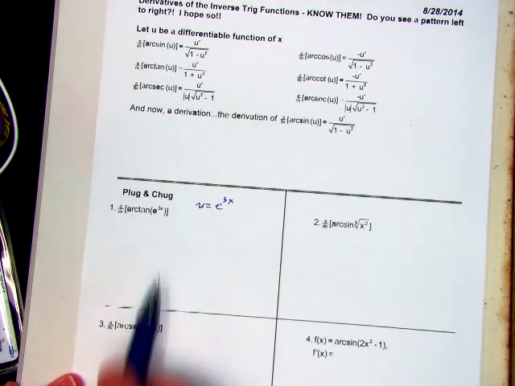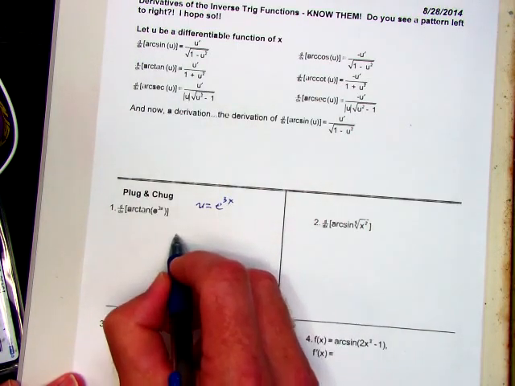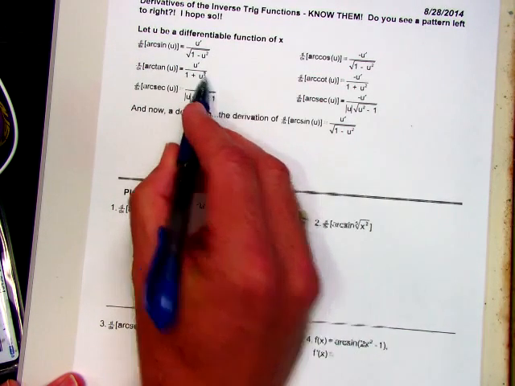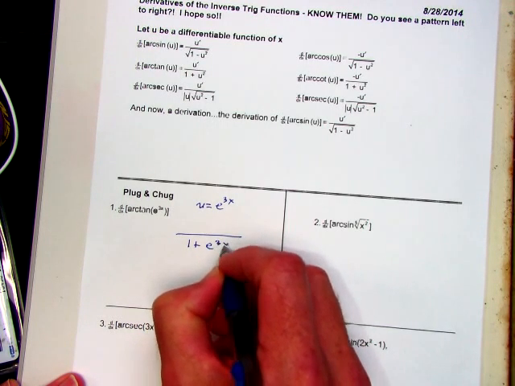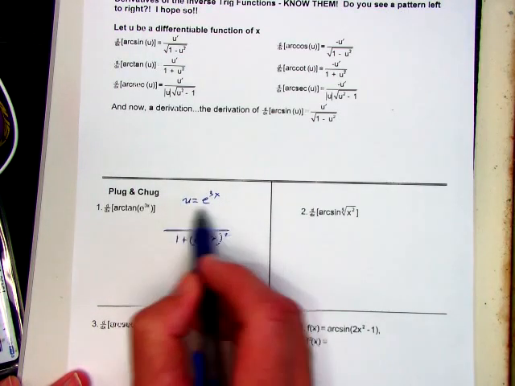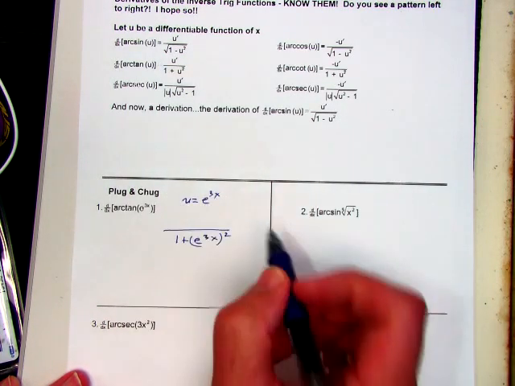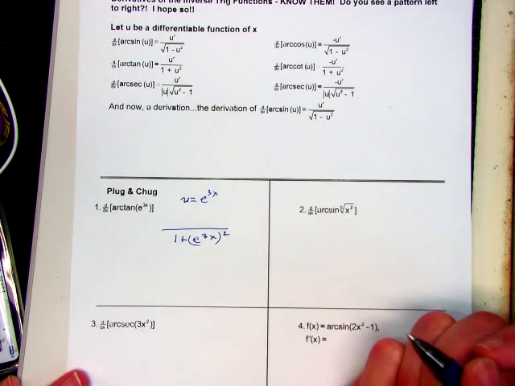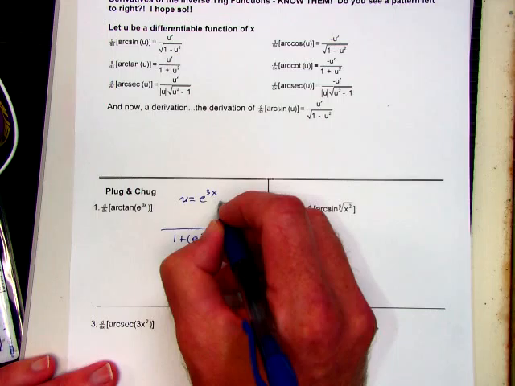So the derivative of arc tan is u prime on top, and 1 plus u squared on the bottom, so it's 1 plus e to the 3x squared on the bottom. Then I have to put the derivative of this up top, although we have not done it yet. Wow, I forgot, so this is a little bit out of order. That's okay, but u prime, actually we're going to change this